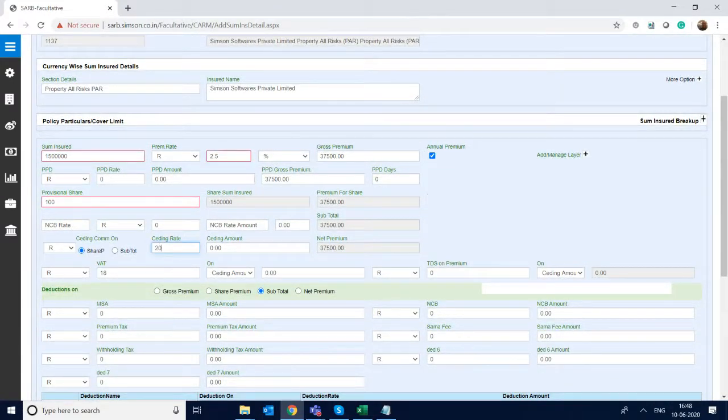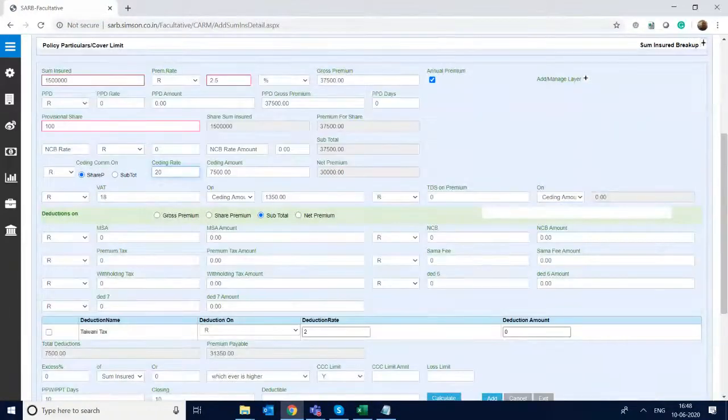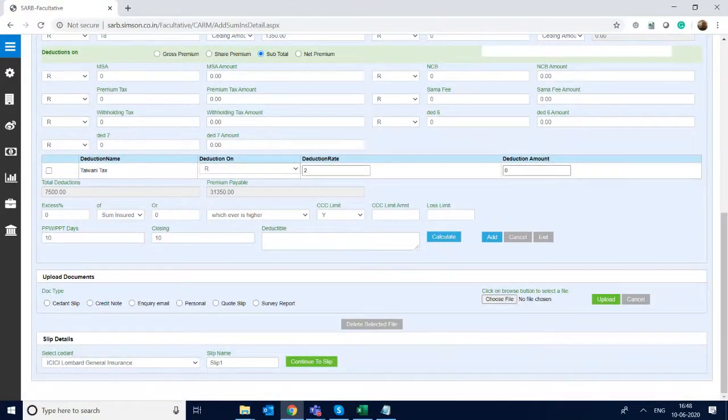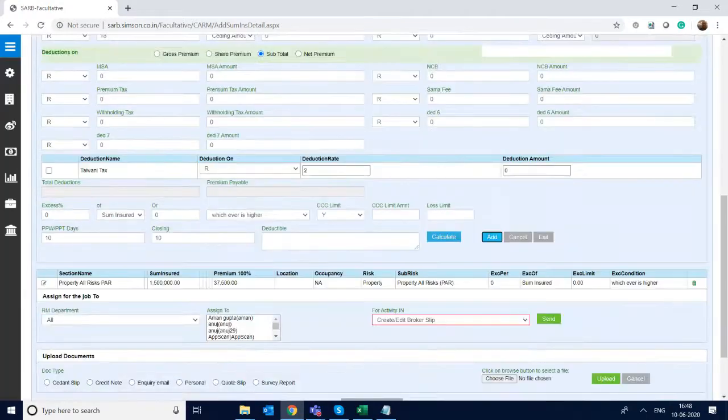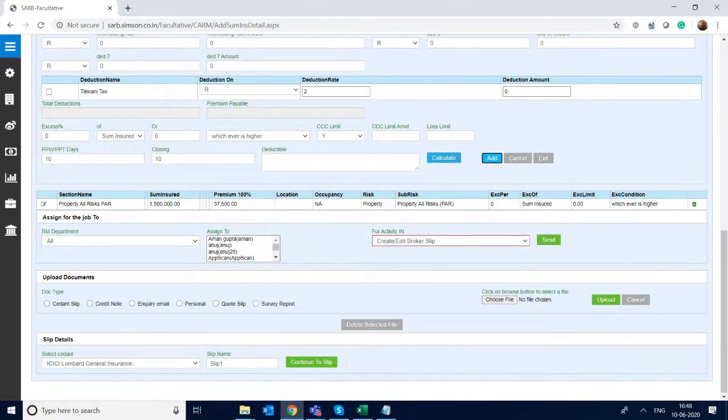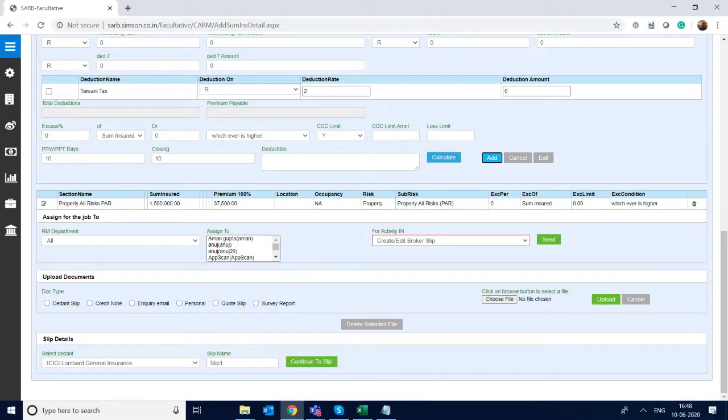I select ceding commission at 20%. And not adding any tax for the time being. Just because my objective is not to show this entry, objective is to create slip. So my section is created. I can have more than one section also added, but once it is done, I'll proceed to the creation of the slip. So there is a button, if you see here, is continue to slip. This one. So when I click on continue to slip,